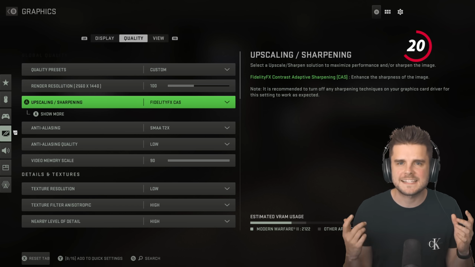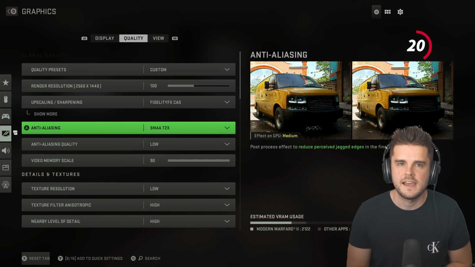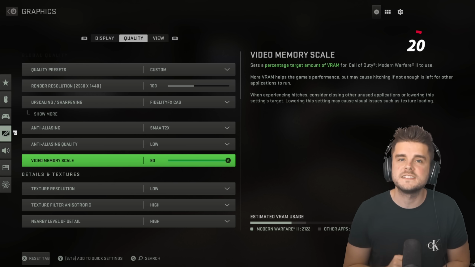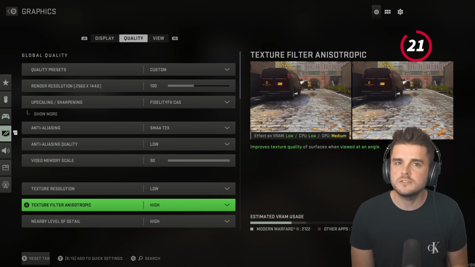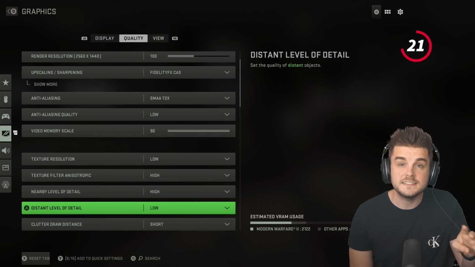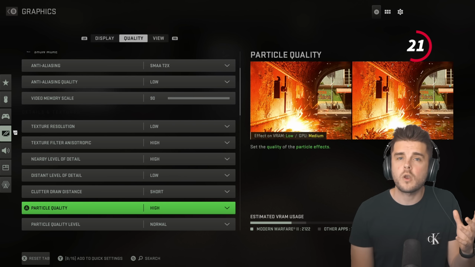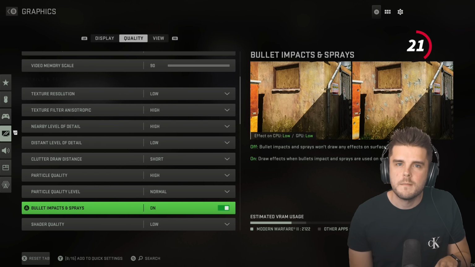For upscaling/sharpening, have it set to Fidelity FX CAS, anti-aliasing as SMAA T2X, anti-aliasing quality as low, video memory scale to 90, texture resolution as low, texture filter as high, nearby level of detail as high, distant level of detail low, clutter draw distance short, particle quality should be set to high, particle quality level as normal, bullet impacts and